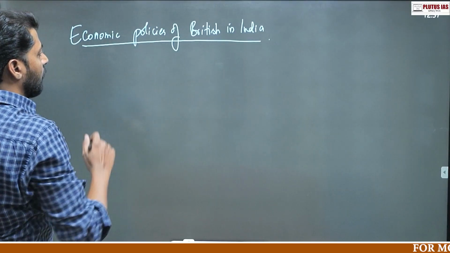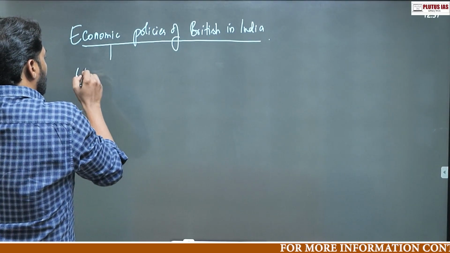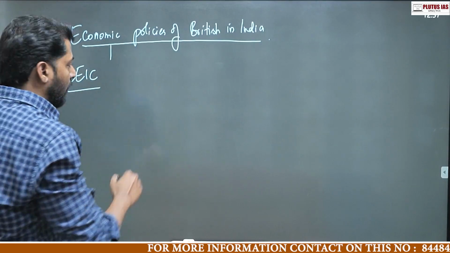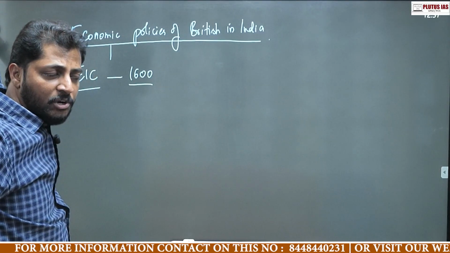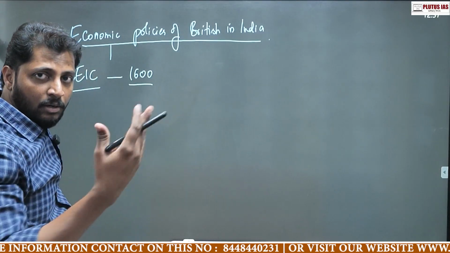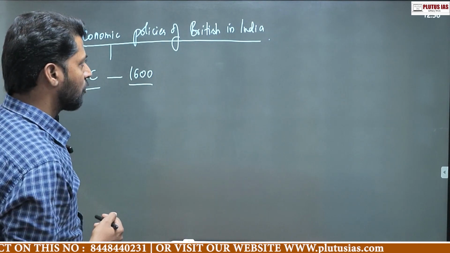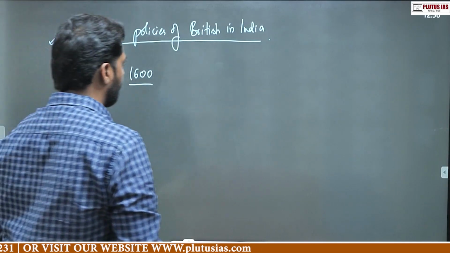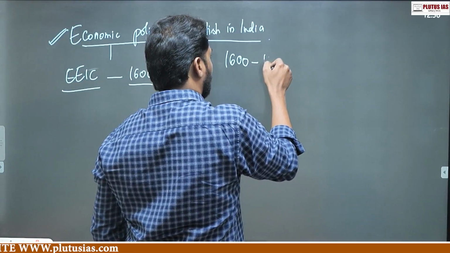See, basically, as we already know that the English East Indian Company was established in 1600 as a trading corporation, and then they went to India and started trading with India. So this is a general story, right? But here, talking about the period of this company, or we can say the presence of British in India